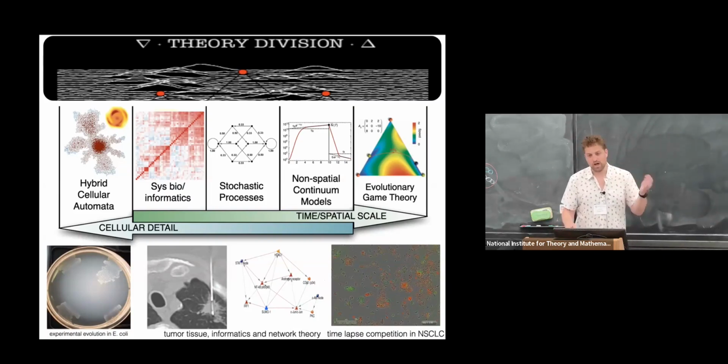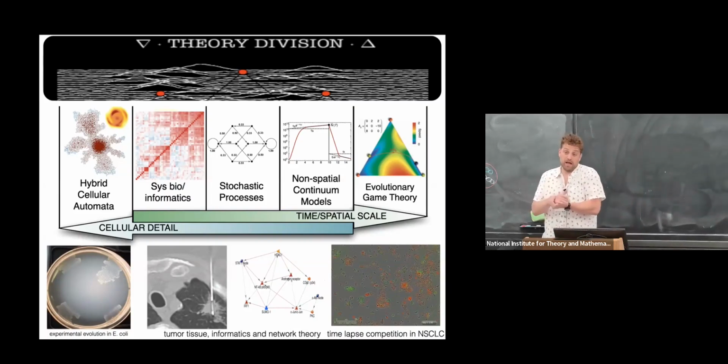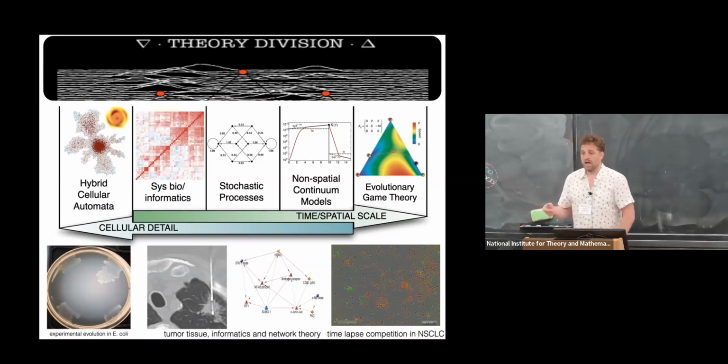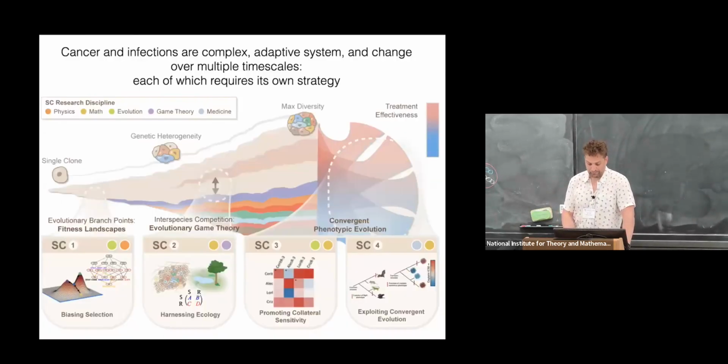Okay, but we do a lot of stuff in the lab, going from antimicrobial resistance. Our most recent papers are actually about a specific kind of Staph aureus and some drugs that are of interest, but also the same questions in oncology. So how do evolution and ecology drive these drug failures, and what can we do about it? So again, this overarching thesis is that cancers and infections are complex adaptive systems that change on multiple timescales.